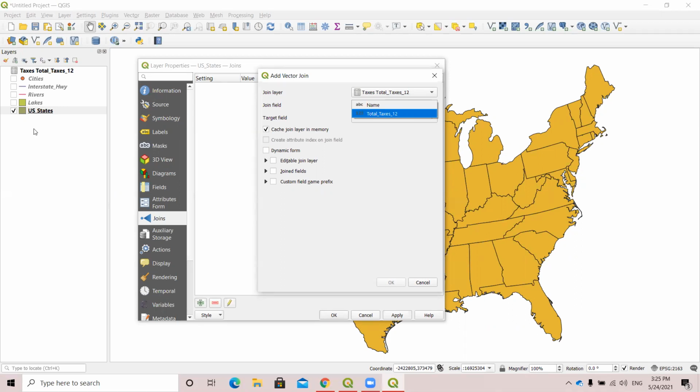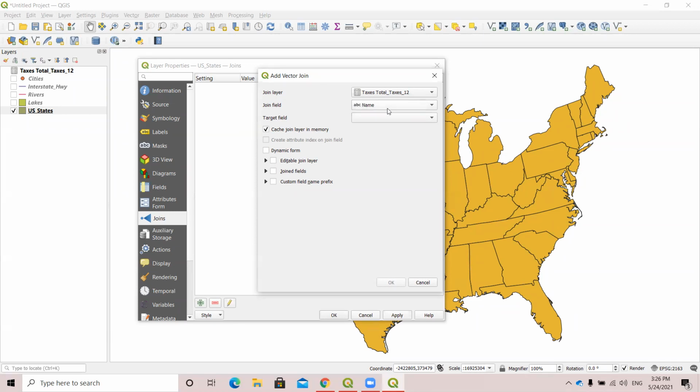Most of the time, that column is an ID, because a lot of names in your table might be duplicates or repeated. So what you need to use is a unique column that shouldn't be repeated. At that point, you are going to use an ID. But here, because it's the name of the states, those are unique. So the join field is going to be the name column in your